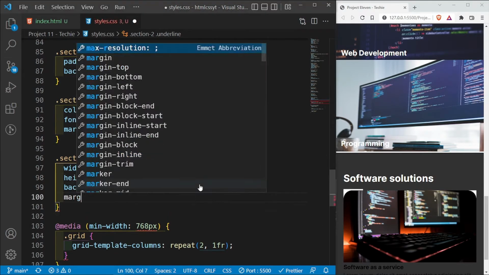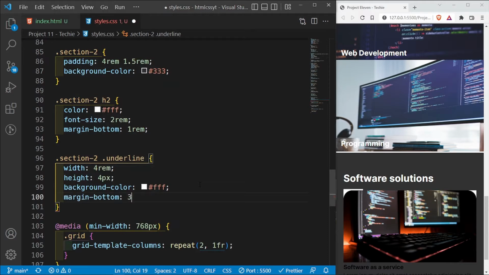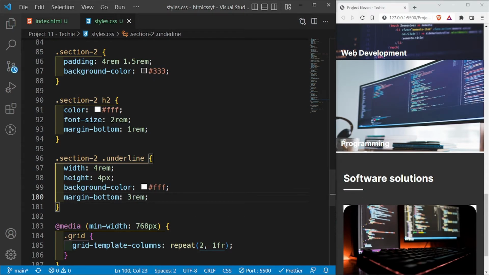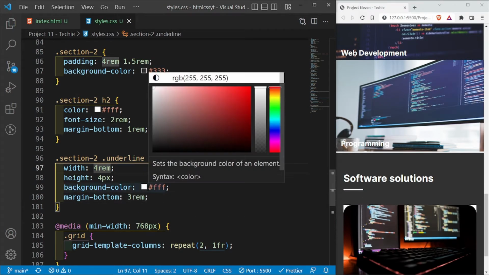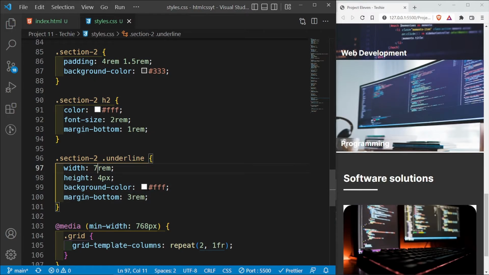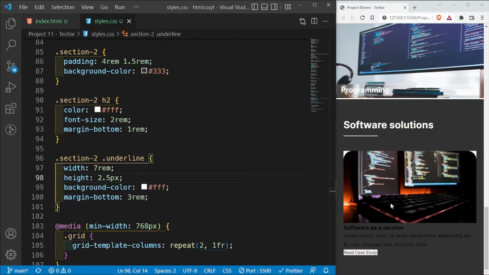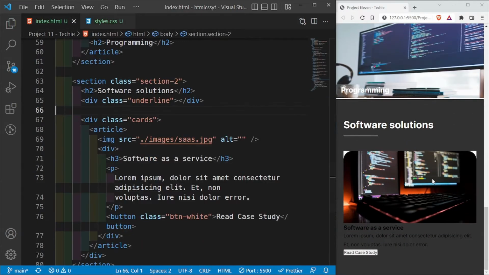Let's add a margin bottom of 3 rem to push it away from this image. There we go. And then let's increase the width to about 7 rem. How does that look? Okay. And then what we need to do is just reduce this height to about 2 pixels, make it a bit thinner, or let's say 2.5. Okay,